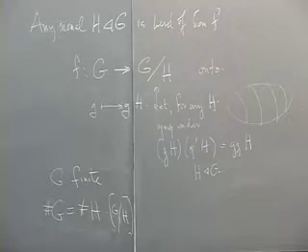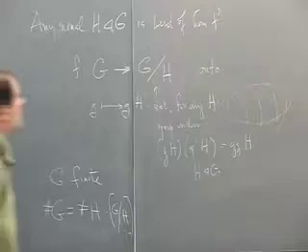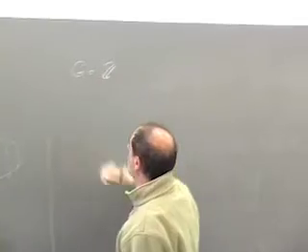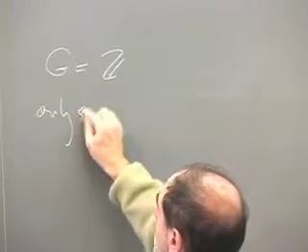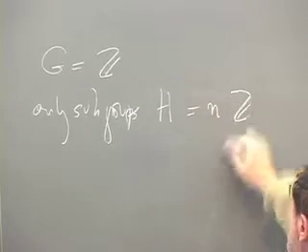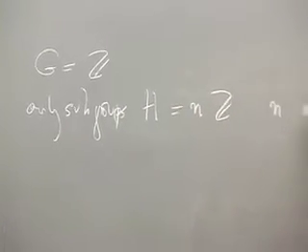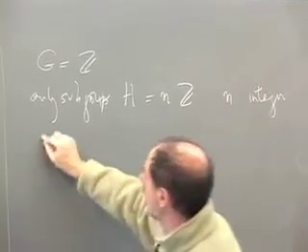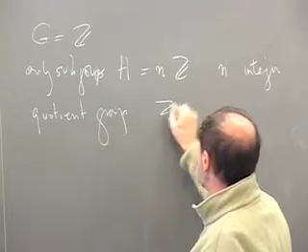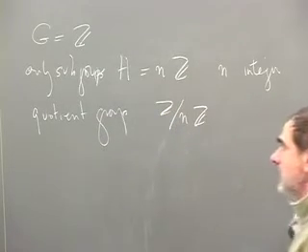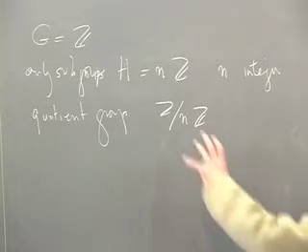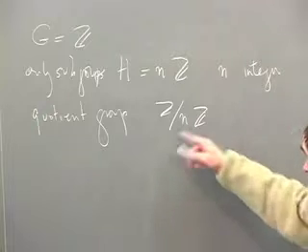So that was a useful counting proposition. One of the most famous examples of quotient groups, so we made a special study of it, was when the group G was Z. We showed the only subgroups H were of the form nZ, for n an integer, and that the quotient group was Z mod nZ. Now, this has more structure than just a group. This actually has the structure of a ring, but in the group theory section, it didn't make any difference. This was a cyclic group